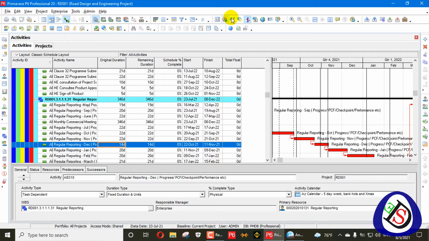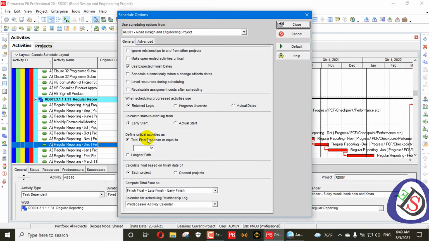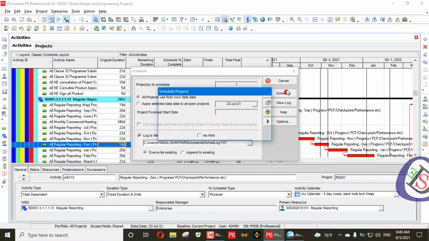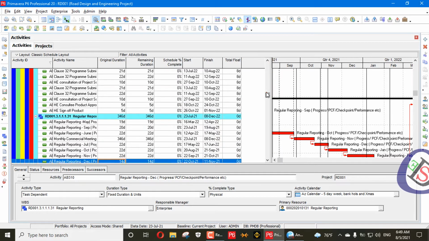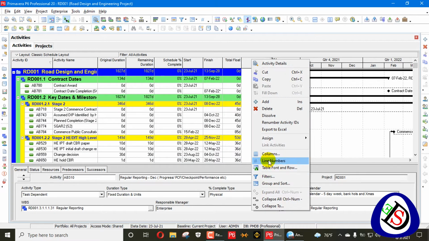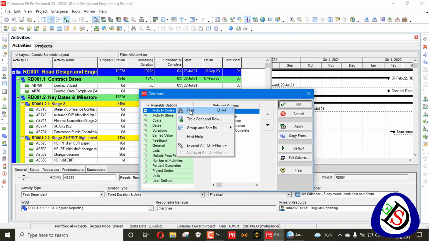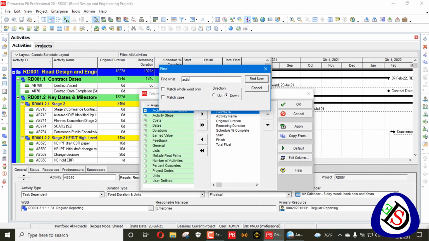First of all, I will go to the schedule, press F9, and open the options. You will see total float less than or equal to 8 hours is selected right now. I will schedule my project now and count my activities by right-clicking, going into columns, and finding the activity count.